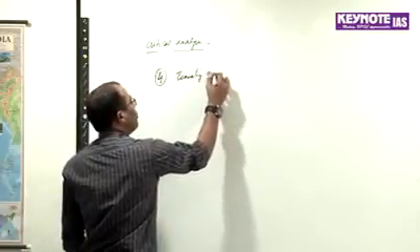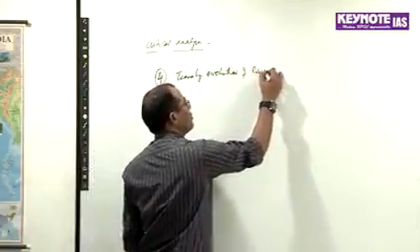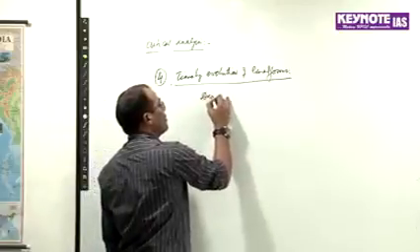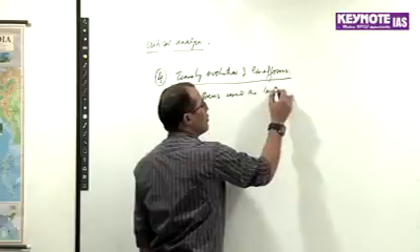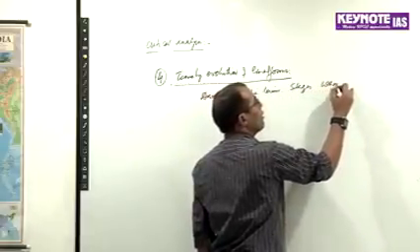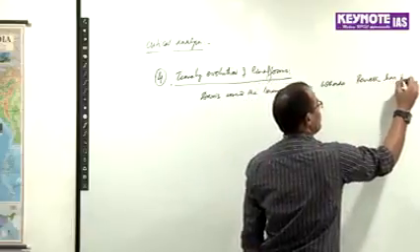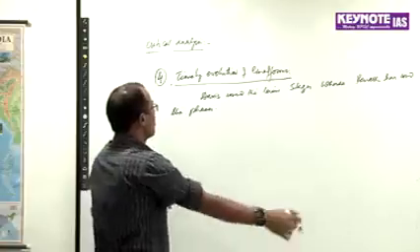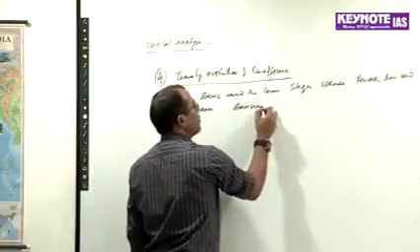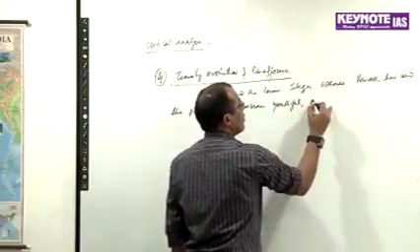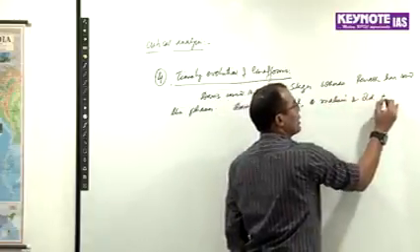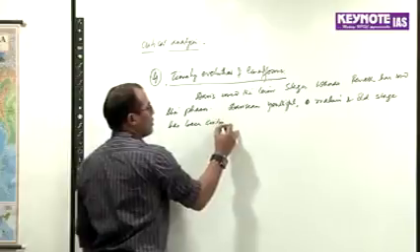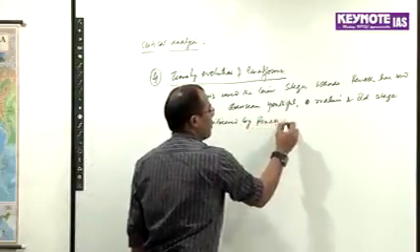Then timely evolution of landforms. Here both have to be criticized. Davis used the term stages, whereas Penck has used the term phases. The Davisian youthful, maturity, mature and old stage has been criticized by Penck, who suggested